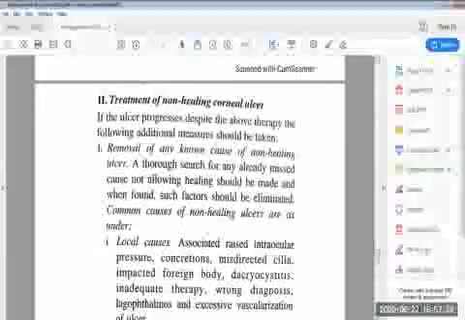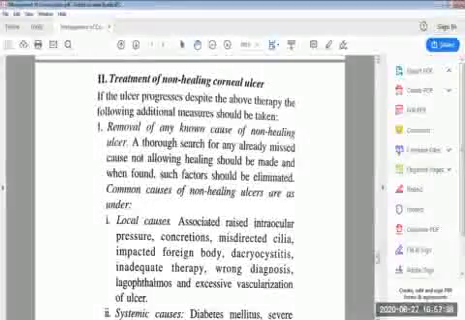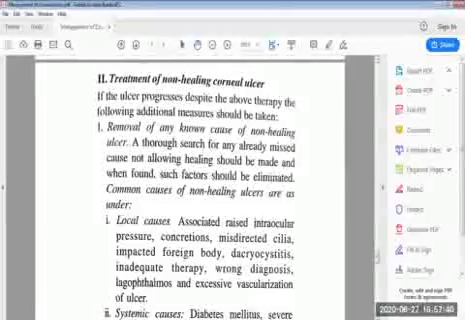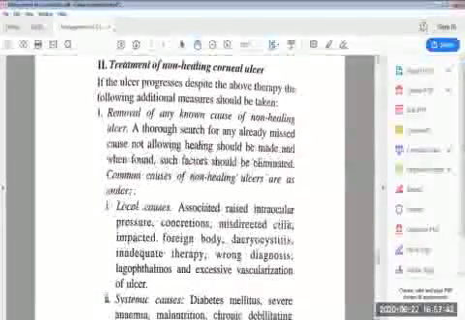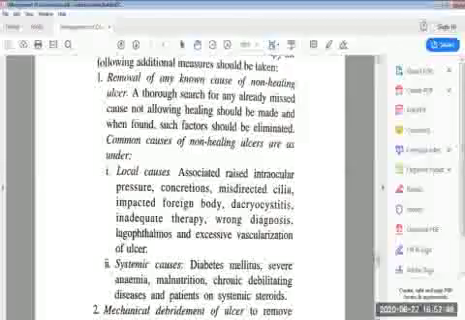Then next is the treatment of the non-healing corneal ulcer. If the ulcer progresses despite the above therapy, the following additional measures should be taken. First, the removal of any cause of non-healing ulcer. A thorough search for any already missed cause not allowing the healing should be made, and when found, such factors